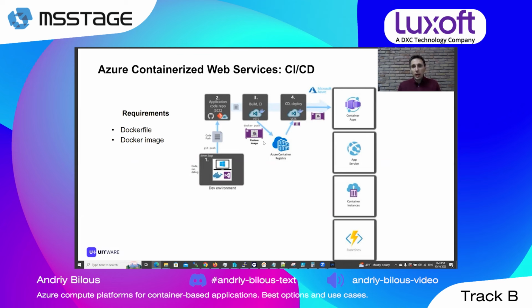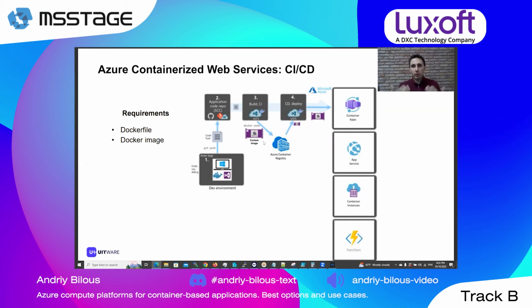Then you have a trigger configured in your CI/CD system, and you get the code from GitHub. Then your CI/CD system, for example Azure DevOps, makes the build. Then push your image into the Azure Container Registry, and then you can deploy this image in any of the